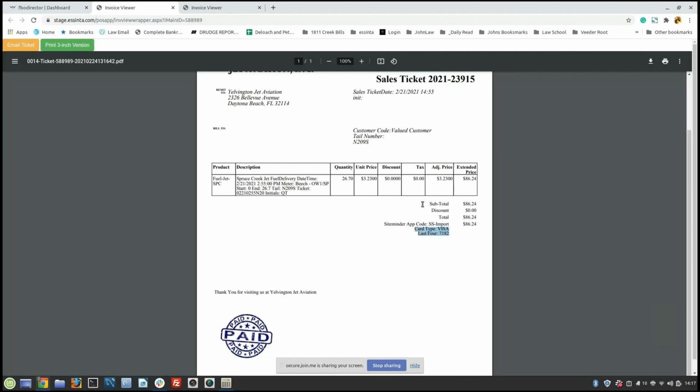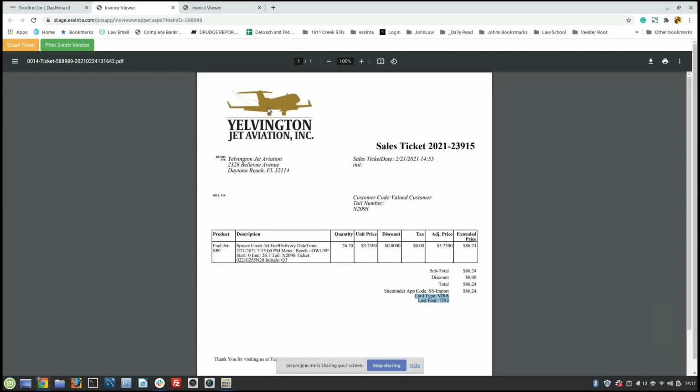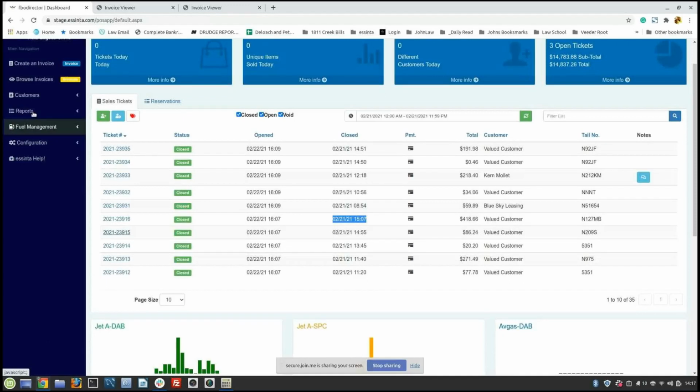This transaction is going to export exactly like that to QuickBooks individually. So the other thing that's nice about this, if I go to reports and I go to sales report,